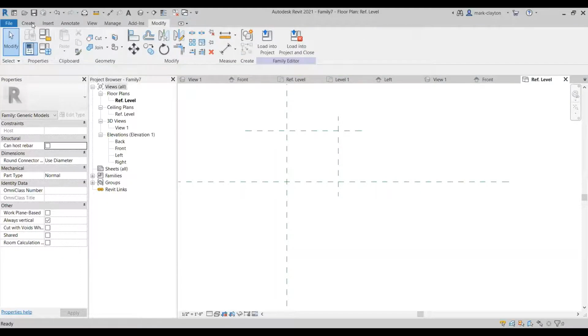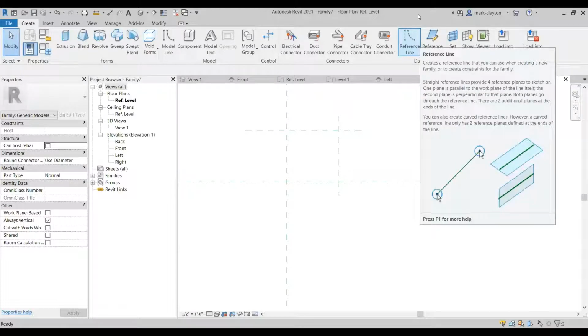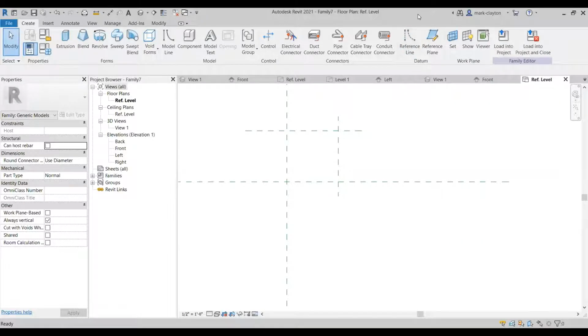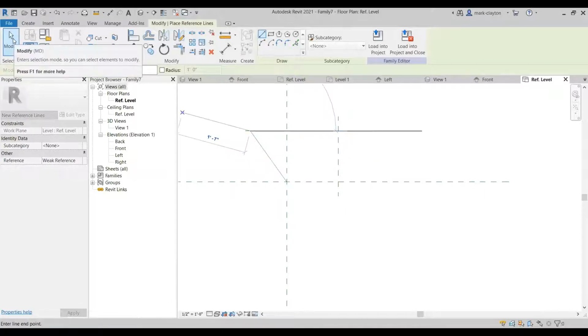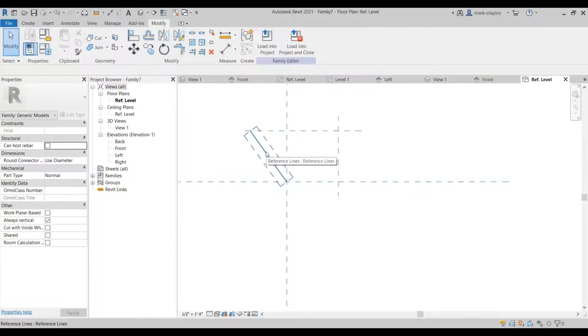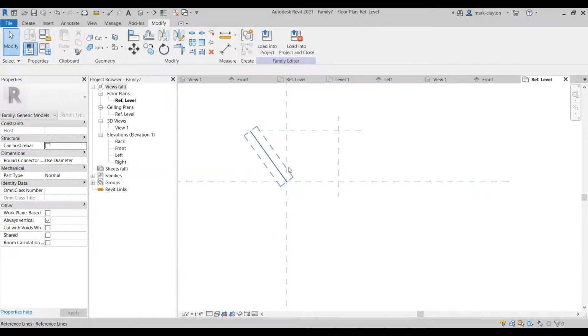So what I have to do is create a reference line, because only reference lines can be controlled as an angle with a parameter. So I'm going to create a reference line here and draw from here to here. Now you see it has a dimension here. And if I click on that,